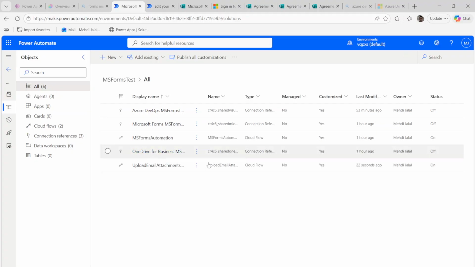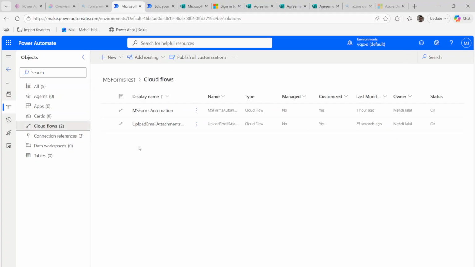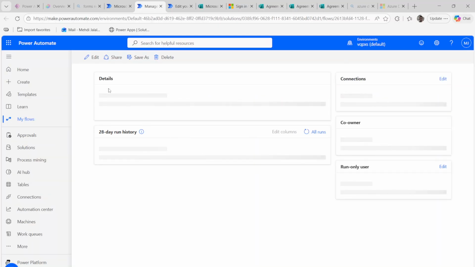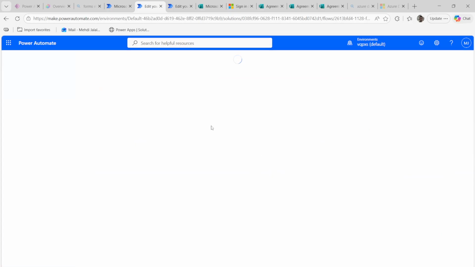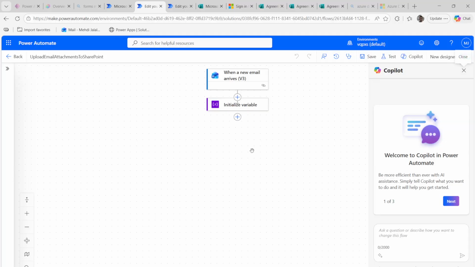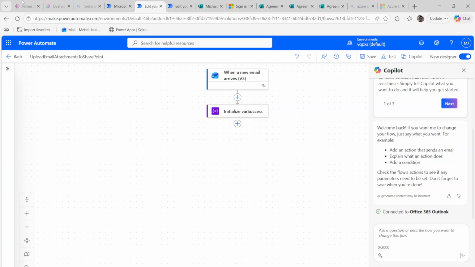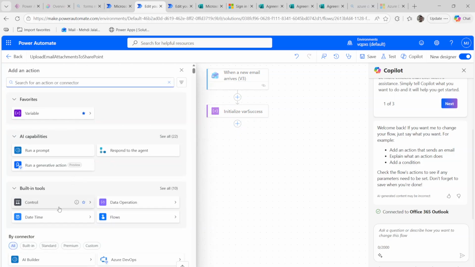So if I go to Cloud flows, upload file attachments to SharePoint, and edit it, here is the Success variable. We initialize the variable, then we need to call for the